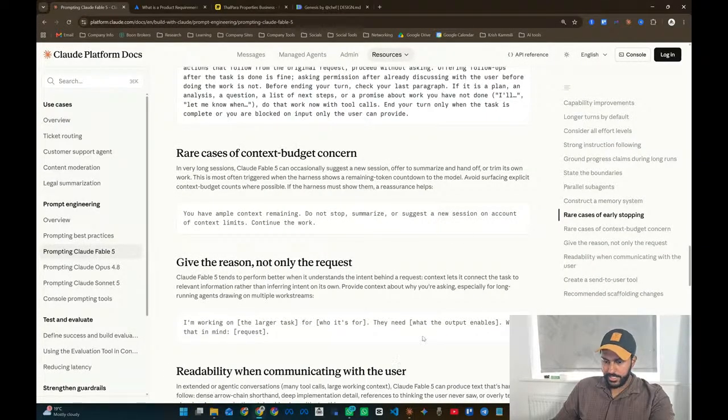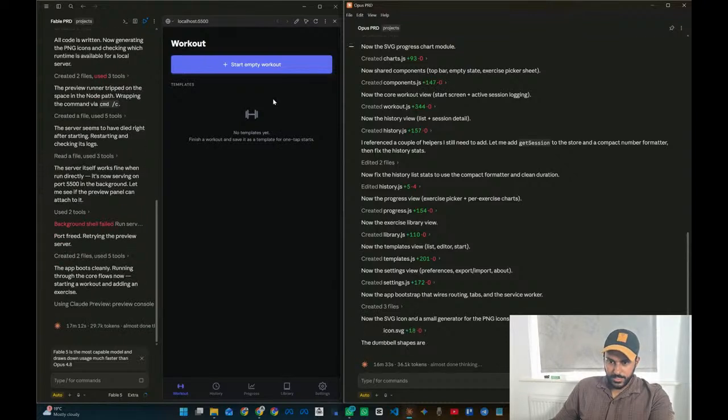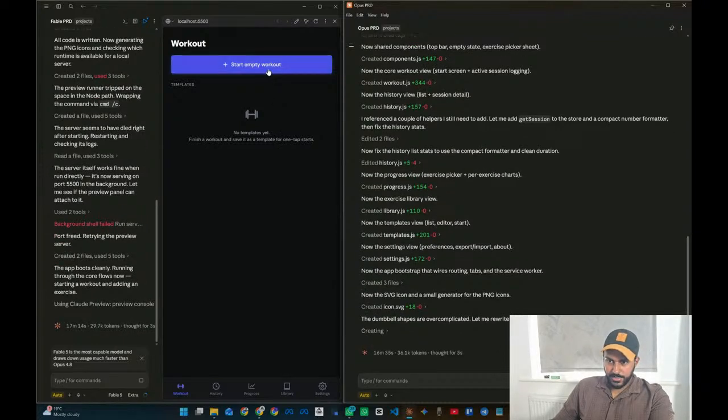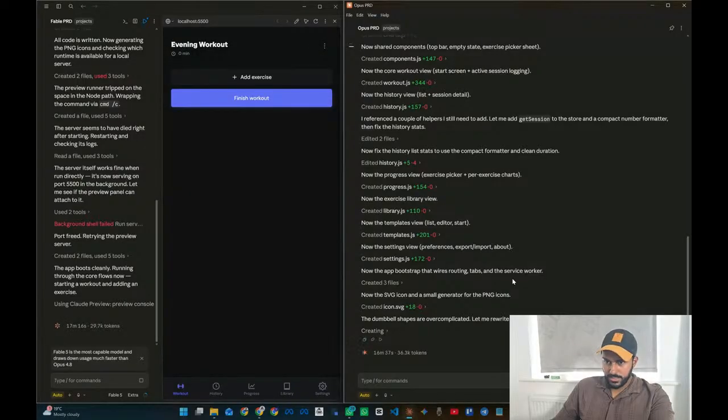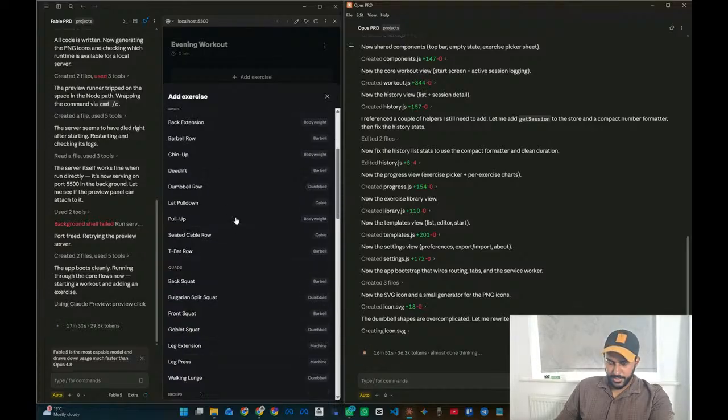I think the apps are getting ready now. All right, let's go back to it. Let's see how. Okay, I think we might be almost done with this. Start an empty workout. Nice. Oh, look at that. Yeah, I think it's definitely following the design guideline that I gave it. It does look a bit basic, but it might be just because of the guideline I gave. Oh, look at that. It's added some few